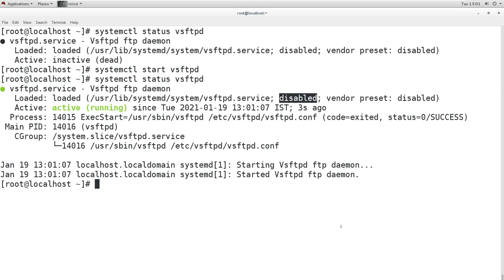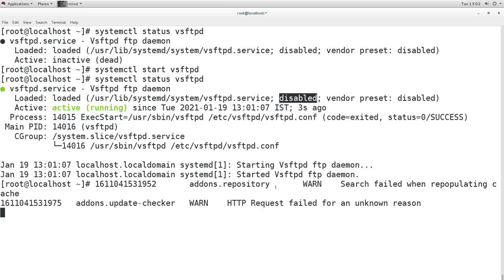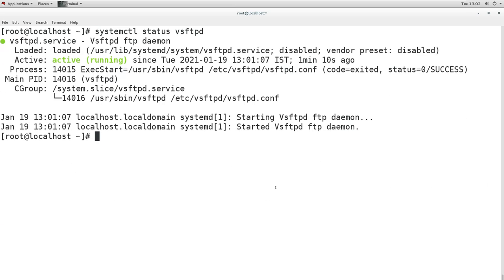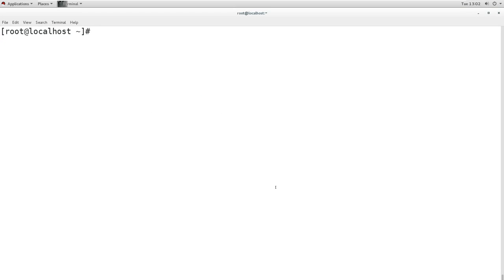Otherwise, you start the service, it runs properly, everything is working, but whenever the system restarts, it goes back to the default status and it will stop. So if you want it to run properly after restart also, then you have to change the default status.